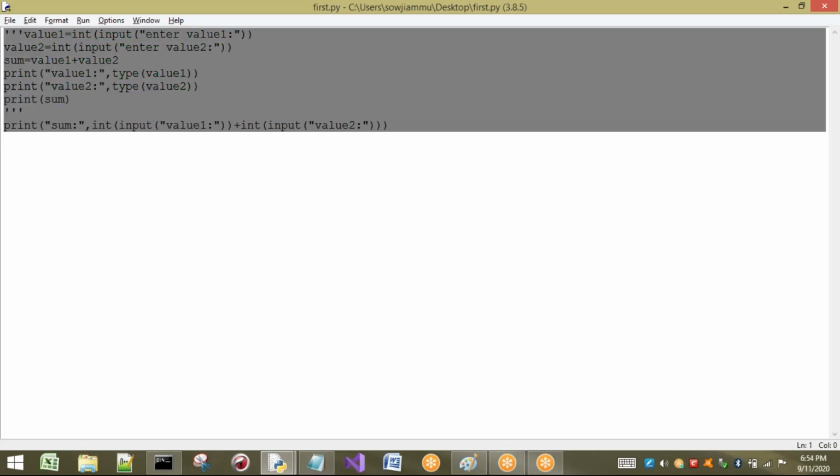Now I'm going to write a small program where I'm going to consider every type. That is, I will consider int type, float type, input, bool type, string type, and I'm going to print that data, so that we will get clarity on this. So I will take student details, for example.